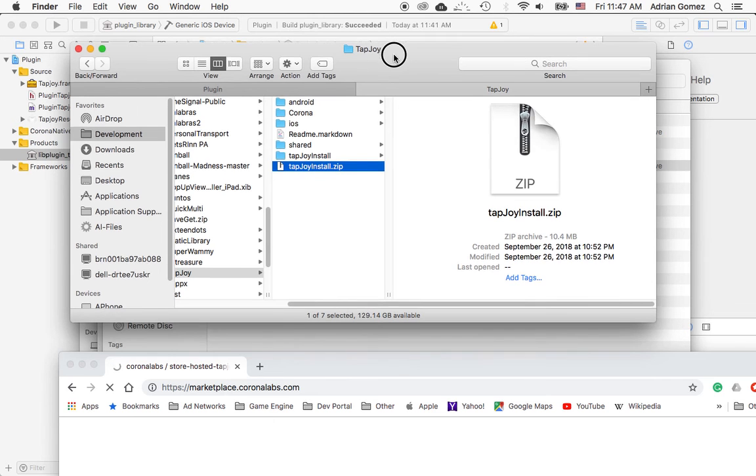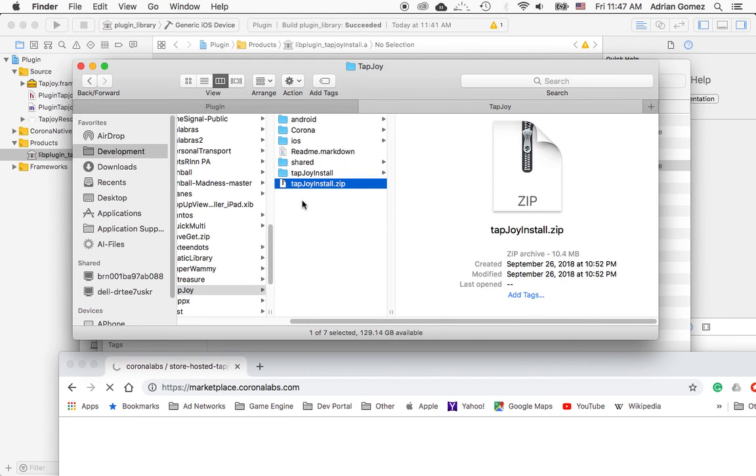I hope this was useful. A lot of this is already documented in the Corona documentation for plugins, but it wasn't obvious to me from